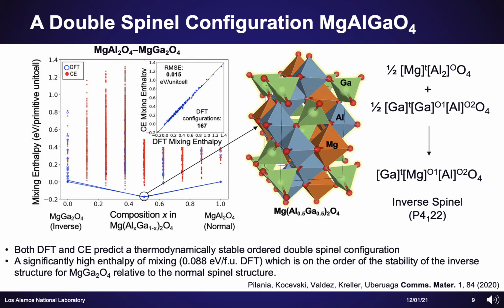To the best of our knowledge, we are not aware of any previous reports of such an ordered double spinel over the entire spinel chemical space. In fact, it was somewhat surprising to us to find out that a normal and inverse spinel could mix together to give a thermodynamically stable ordered configuration, because in many cases normal and inverse spinels are known to not